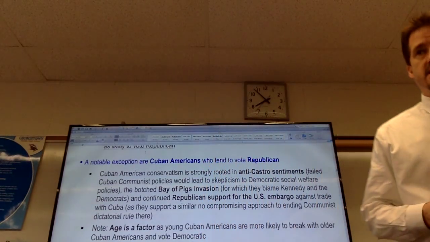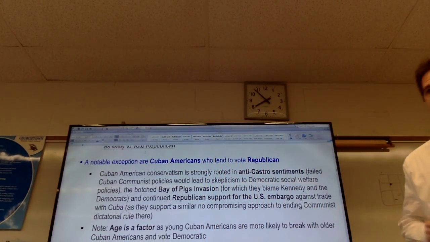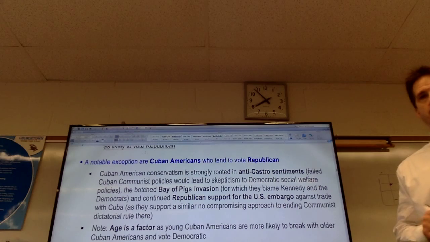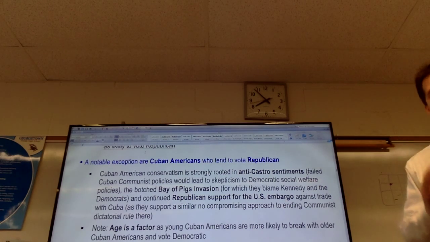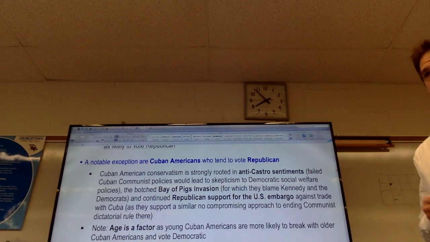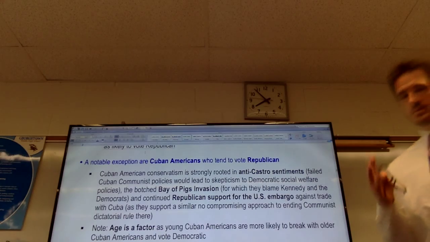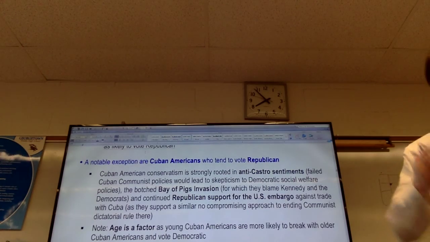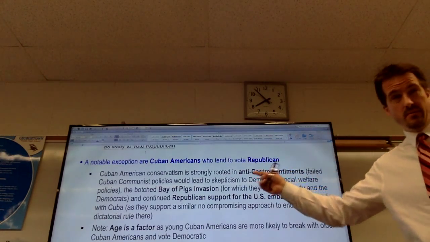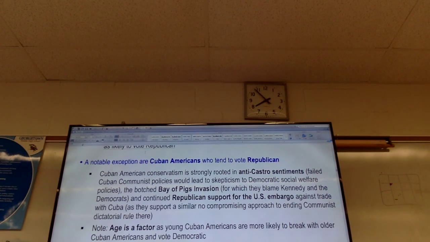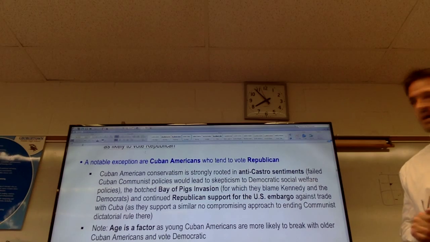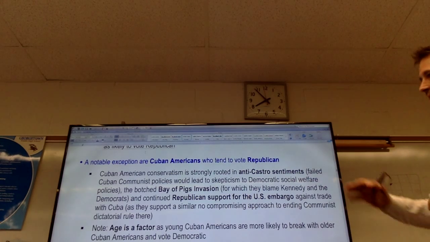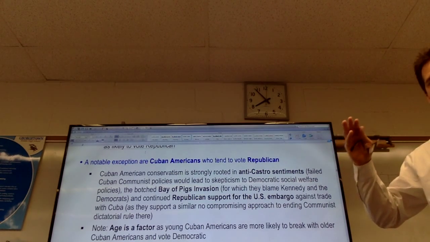What's interesting is as I'm talking about people of color and income groups, if you want an example of a notable exception, it's to look at the Cuban Americans. Typically, the Hispanic groups go Democratic, with the exception of Cuban Americans, who tend to go Republican. And that has to do more with the unique history of Cuba and the United States. So Castro being a kind of a central